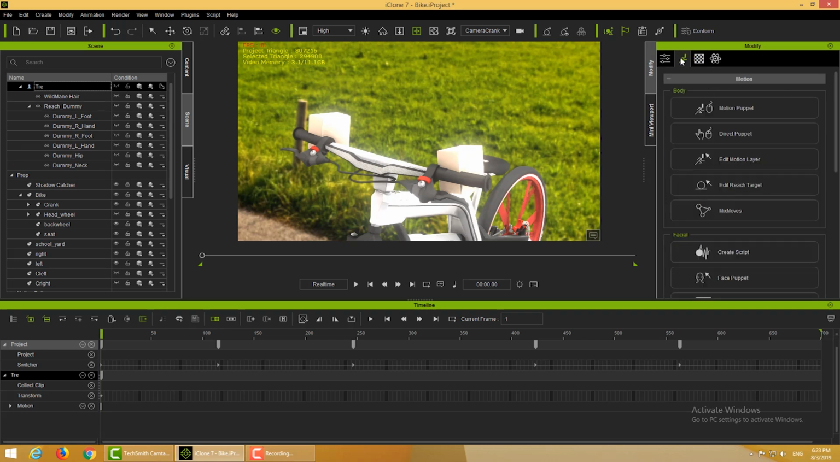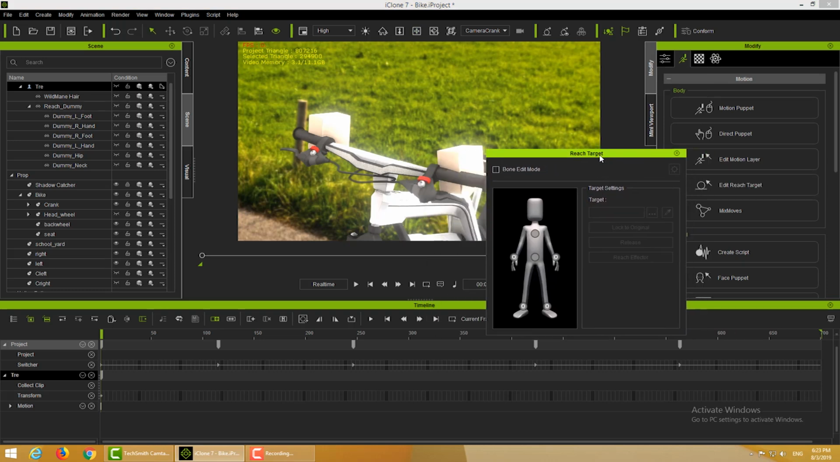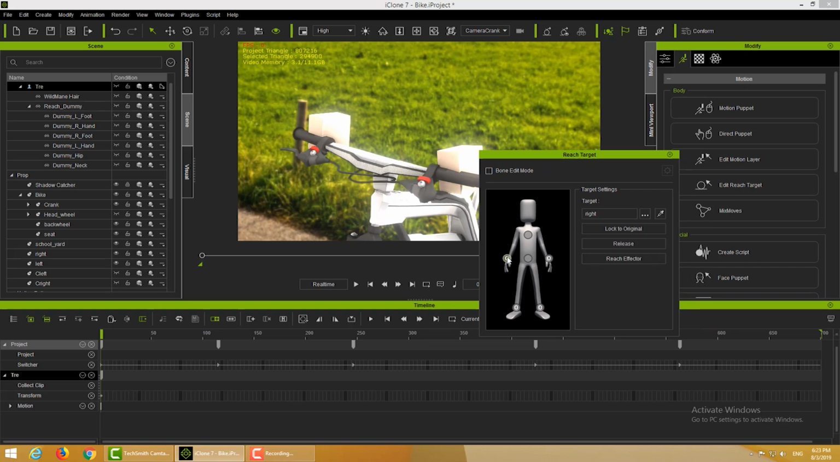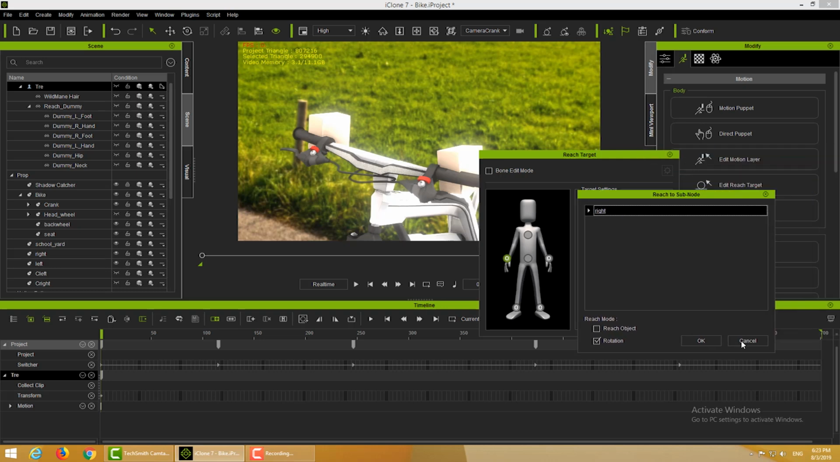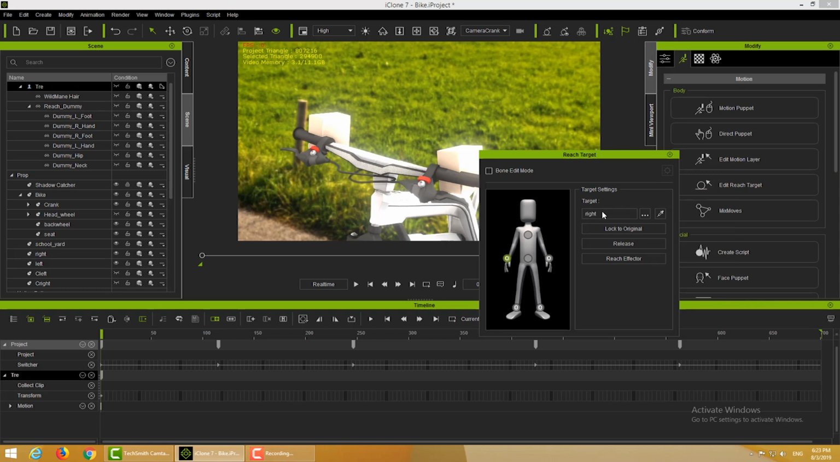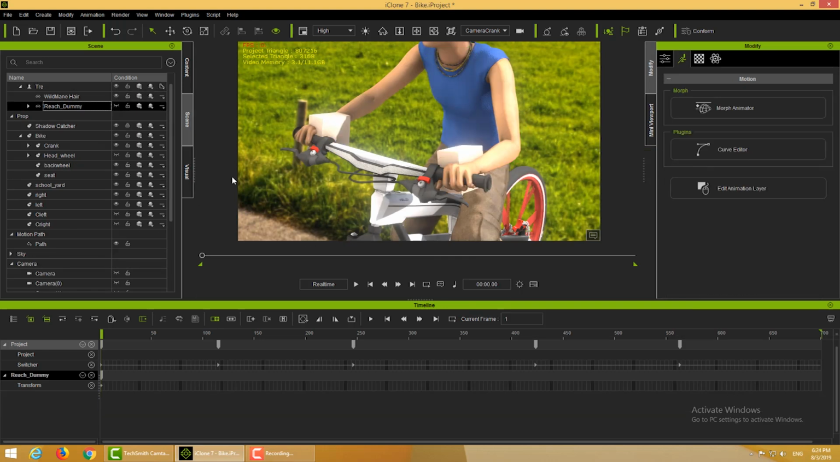Now what I have to do is use the animation tab, go to Edit Reach Target, and I select the right hand and attach it to the right box. So here in the target box, I select the right object for the right hand, and for the left hand I select the left box. So now the left box is selected, and the right hand and the left hand will follow the motion